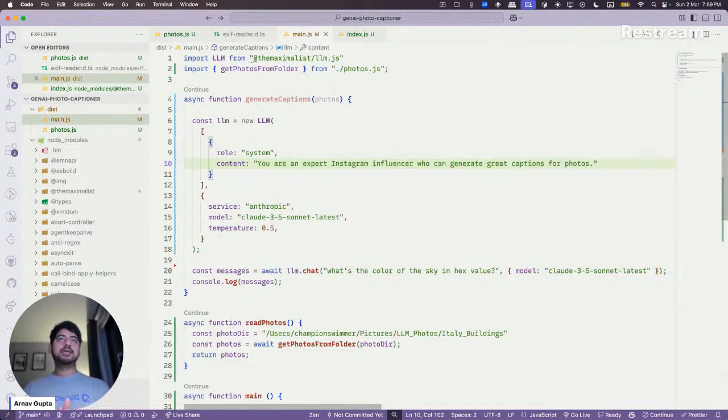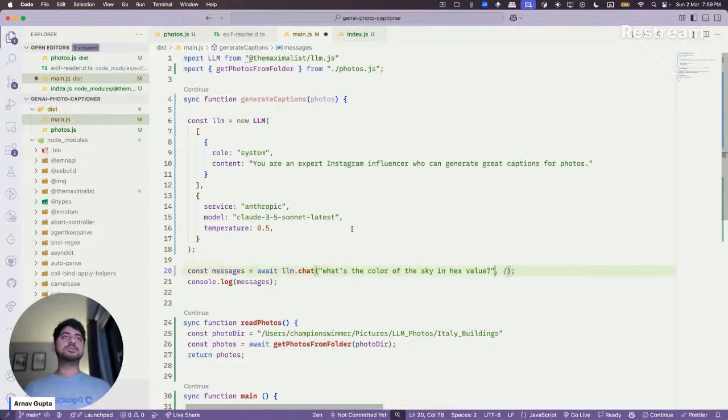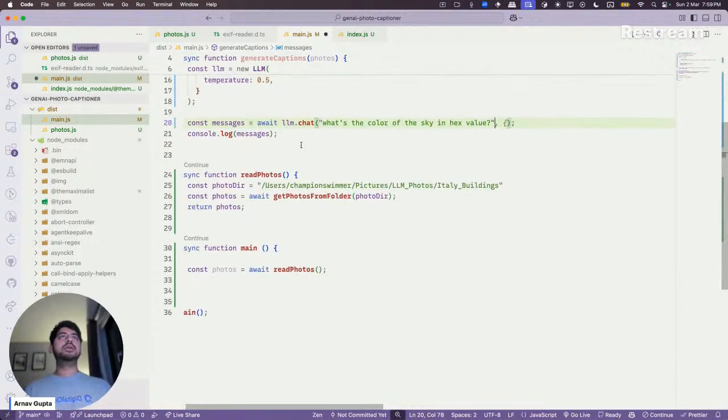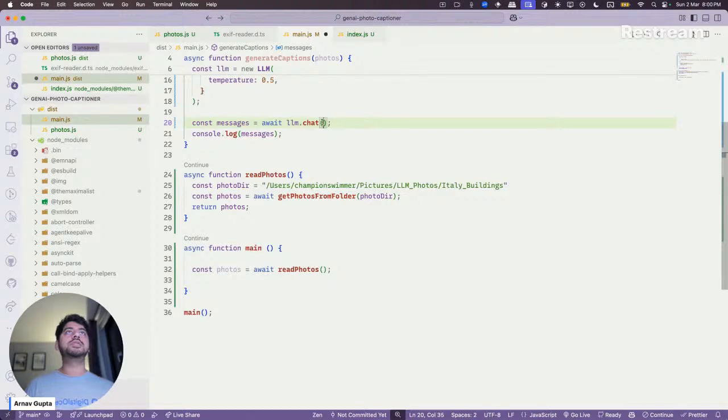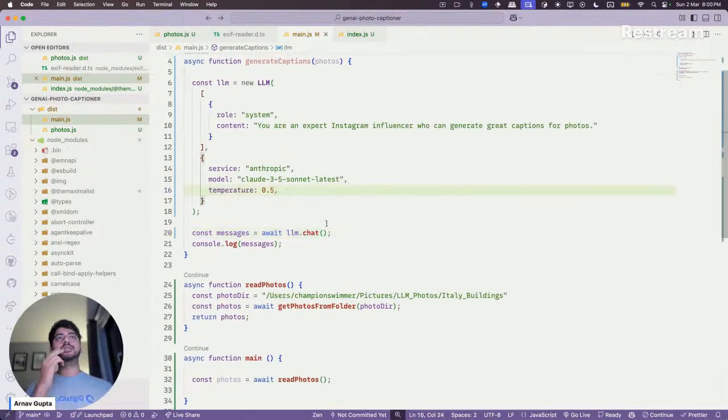Okay. So that's that. Then we don't need to do this because we know what messages to send. LLM.chat also, I think, takes any content. So yeah, I think we can send an array of objects here.